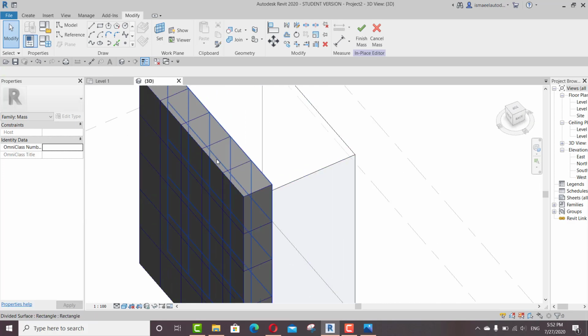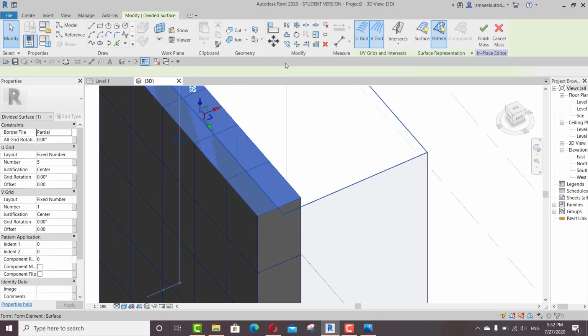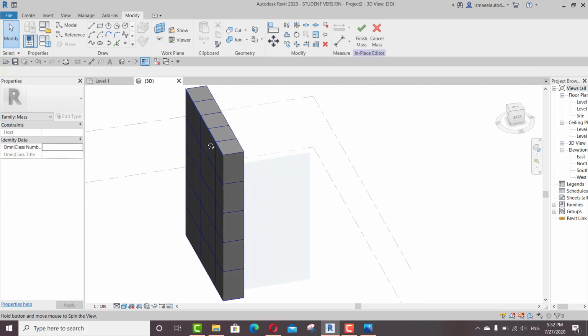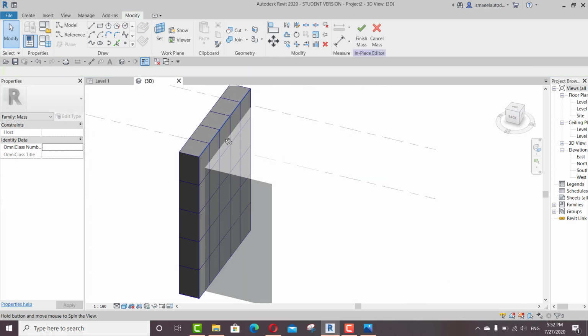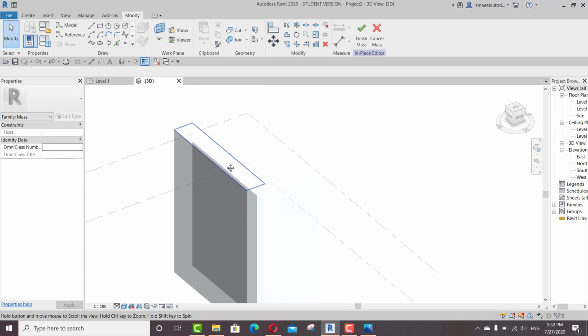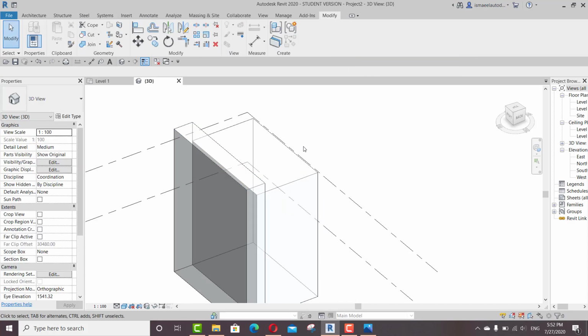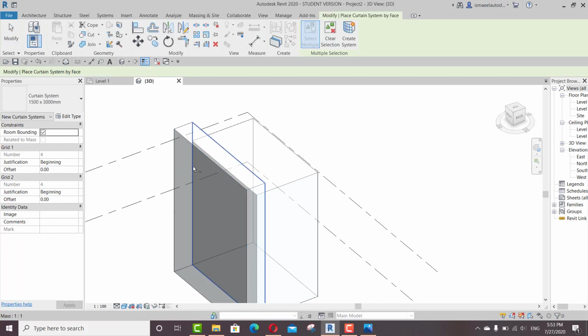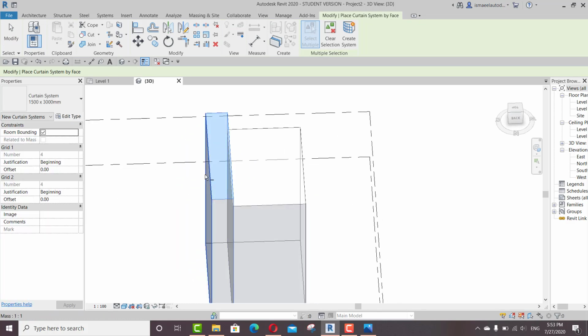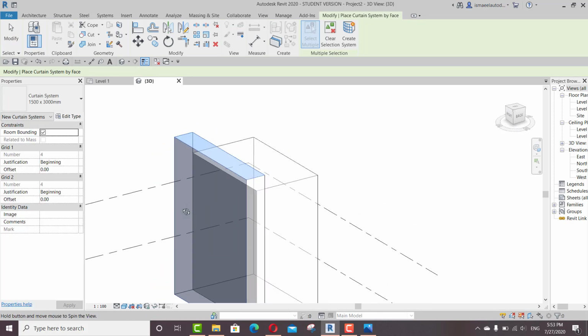Let me just see if I could select something like this, and maybe we could make, because now I will have to make something else, which is the family, which I will put here. Let me just use another thing. Let me just Control Z. Let me just go and finish mass, and then go to mass on site, and then curtain system. Let me just choose this one, this one, this one, this one,